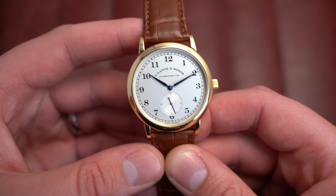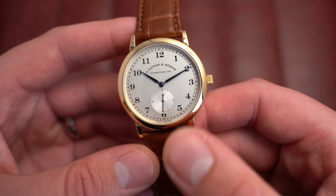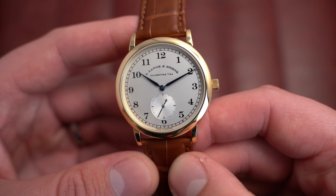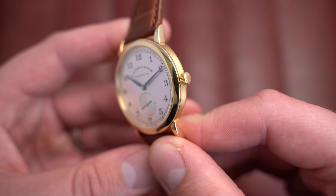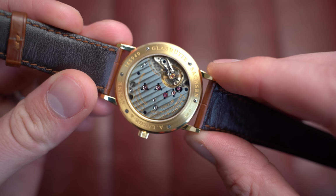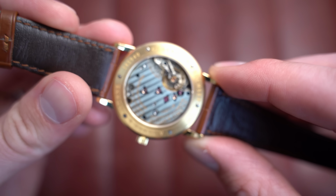This is a reference 206.021 with that lovely white dial, sub-second, blued hands as you'd expect, with beautiful Breguet numerals around the outside and minute track. Nicely signed A. Lange crown, really nice case as well. It's been very well looked after over the years, and beautiful exhibition manually wound caliber inside, which is the caliber